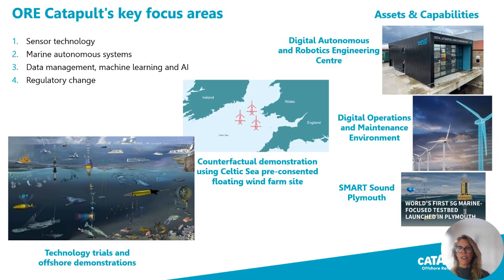Our key focus areas will be on new sensor technologies, platforms, automated data processing, and driving a step change in the current regulatory landscape. We'll do this by trialling and testing the technology and conducting offshore demonstrations at one of our own test sites, as well as using Smart Sound, which is based in Plymouth. We'll also make use of the Catapult's new Digital Autonomous and Robotics Engineering Centre, which is based in Blyth,